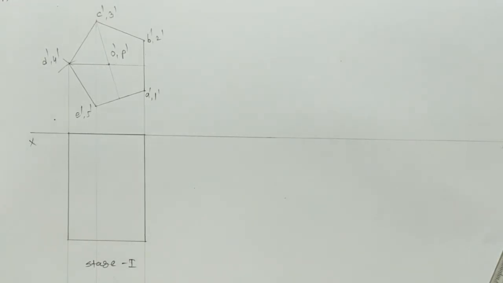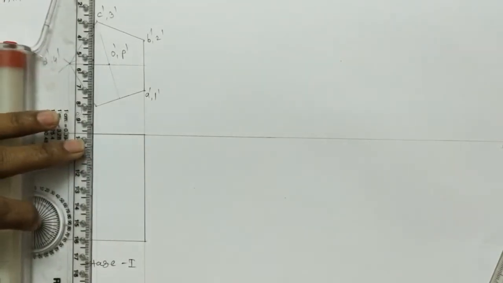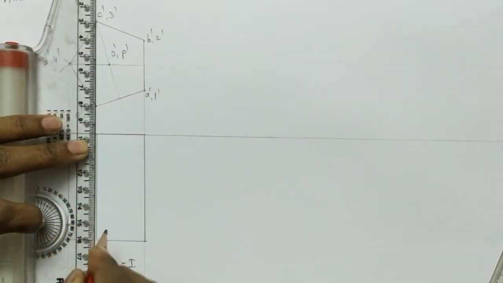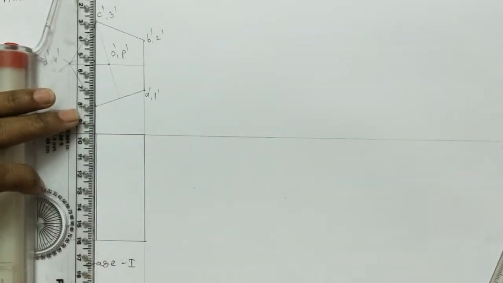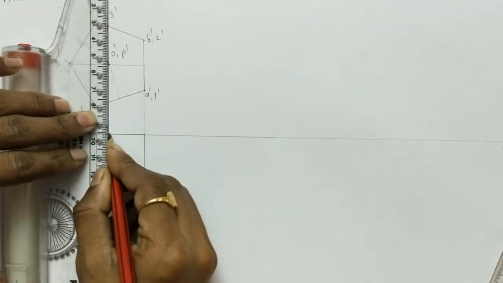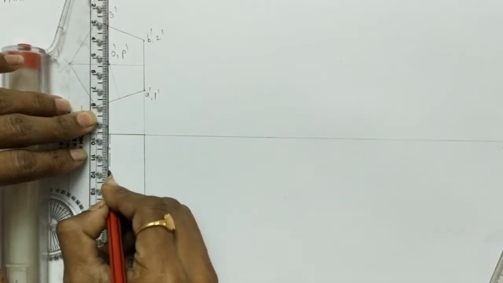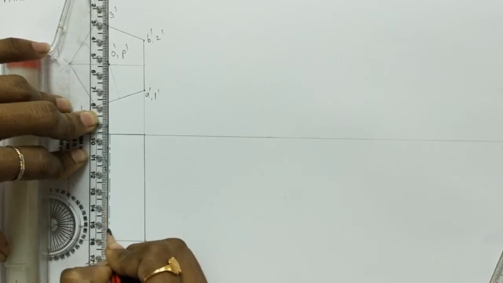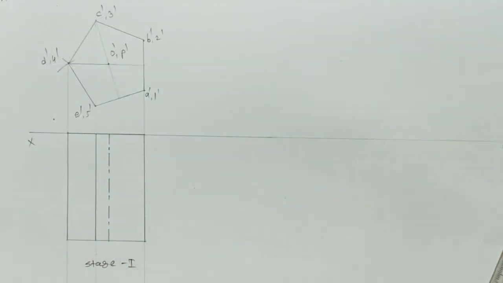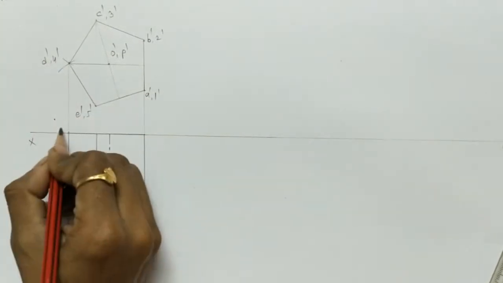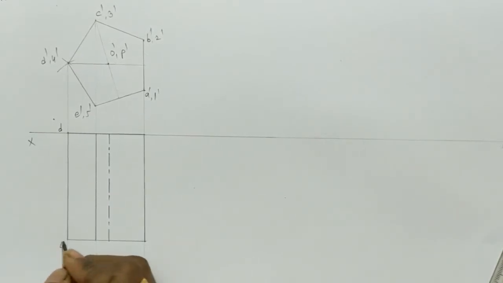Now draw the projections of these lines also, and we have to draw the axis which comes from the center point. So take projections for the axis and draw the axis. The axis is drawn by a center line, that is one long line and one short line, like this. So this is the axis. Now show the points. So d dash 4 dash. So this point shows D and 4.